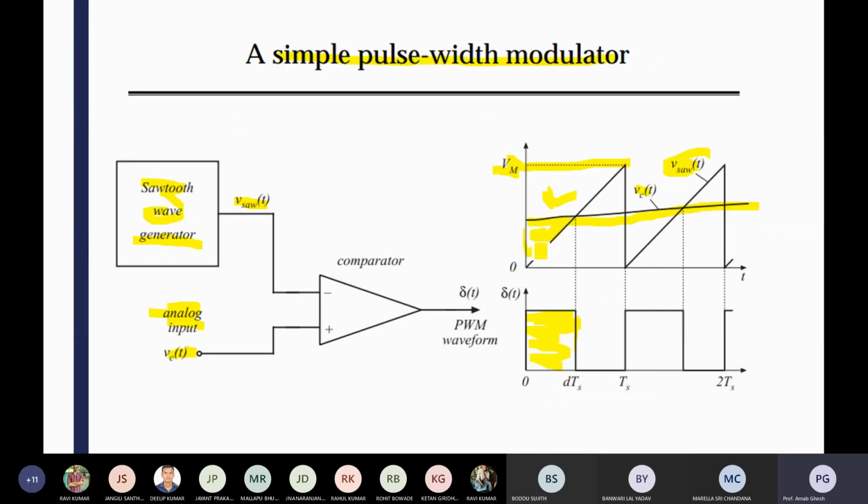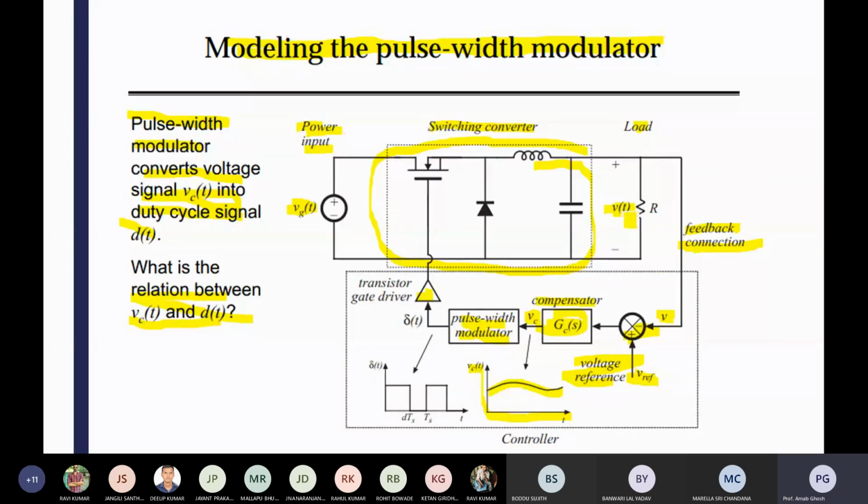So you try to turn on the converter, and that's why you are making it on, so the on pulse is there. If your reference or sawtooth signal is less than your control signal, at that time you are making your duty cycle on, for turning on the converter for more time. Turning on more means your output will increase and try to reach V reference.